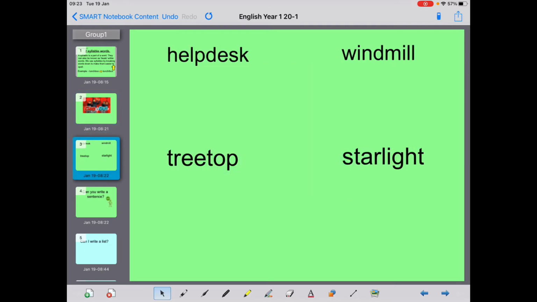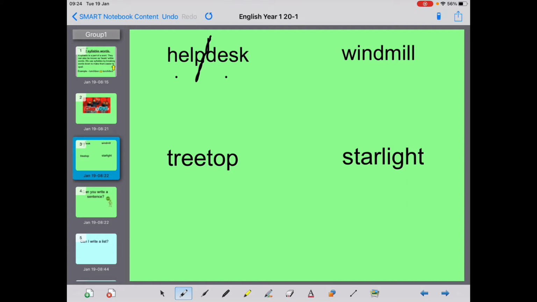Hopefully now you've had a chance of watching the Clap It Out video, and I hope you joined in as well. You'll be able to have a go at using your syllables and clapping out these words. So I wonder how we would break these words down. So let's start with help desk. You say the word help desk. So there's 2 parts to that word, isn't there? There's the part of help and the part of desk. It's not a very straight line, Mr. Stillwell. So we have 1 part there, help, 1 part there, desk. That is the syllables. And if we were clapping it out, we would go help desk,